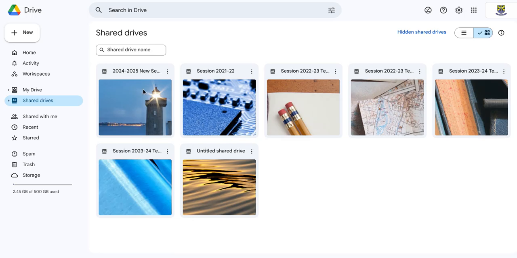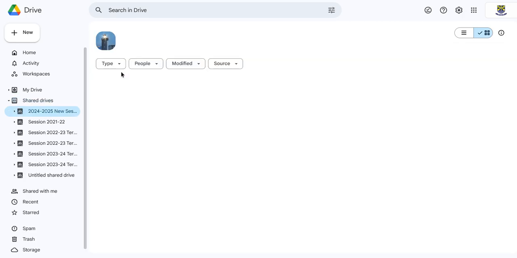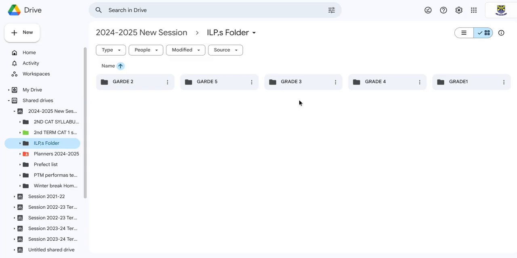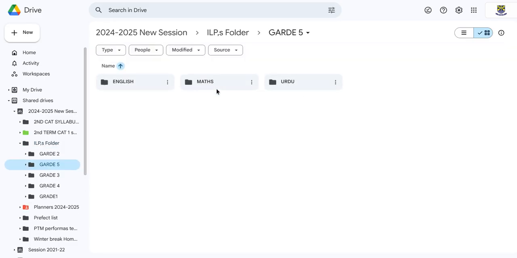For example, whether it's for maths, English or Urdu, first of all you will go to the share drive, then on 2024 to 2025 and then the ILP's folder, and then we are going to click on the class in which grade you are teaching. I am going for grade 5, and then for different subjects, for example I made it